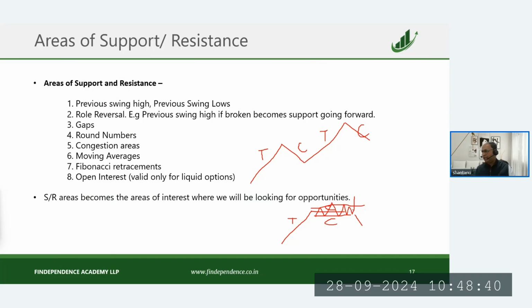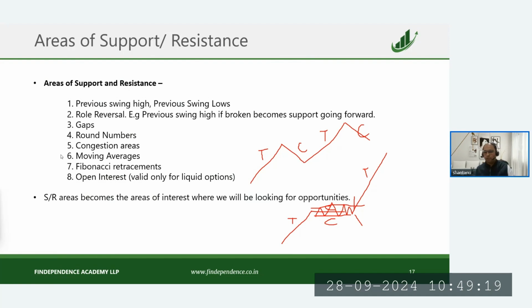An uptrend can even look like this. It goes upside. You had this trending move, and then instead of a correcting move, you had a consolidating move, and once it breaks from consolidation, you again have the next trending move. So even this is possible. Wherever prices are consolidating in a tight range, we will call it a congestion area. Okay. That's about the 5 things that I wanted to discuss when it comes to marking areas of support and